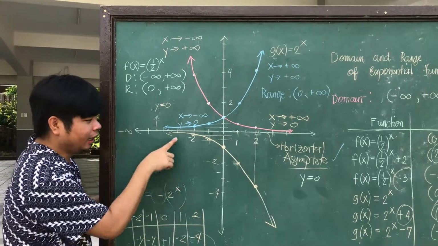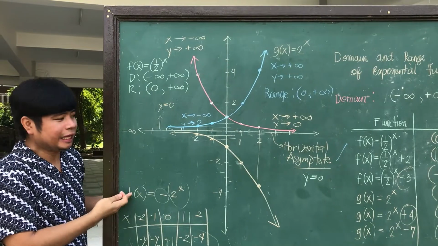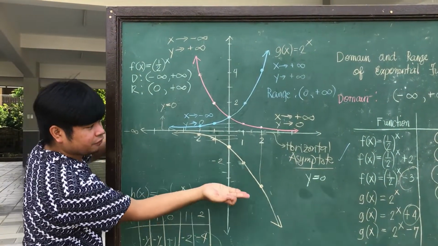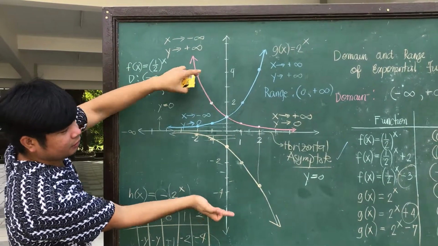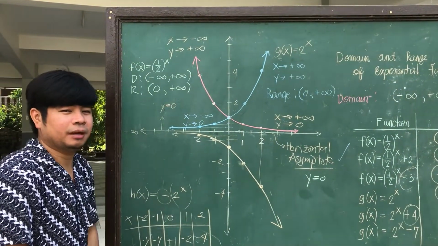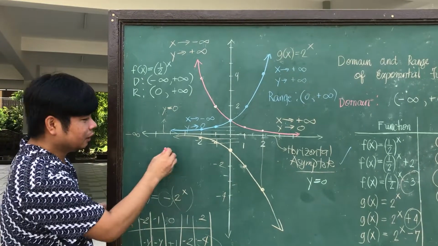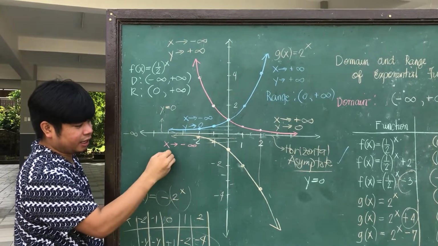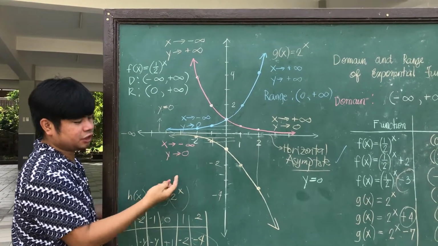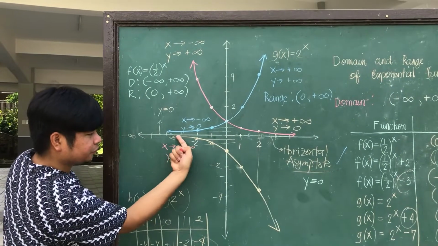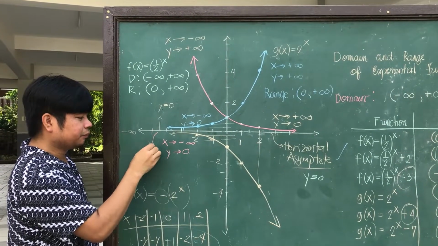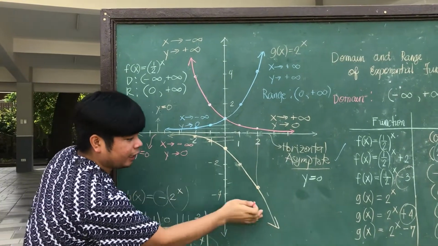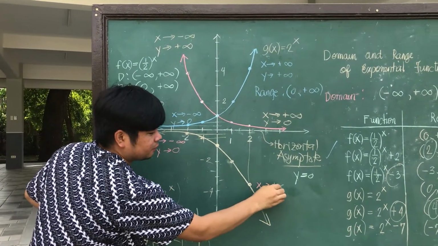So here, observing the graph of function h, it is a reflection of function g. You see, if you try to fold this x and y plane, then it seems like they're reflecting each other, a mirror image, okay? So, when x here keeps on decreasing, as observed on the movement of the graph, the value of y gets closer and closer to 0, you see. So, meaning to say, this y equals 0 remains to be a horizontal asymptote. But when x keeps on increasing,